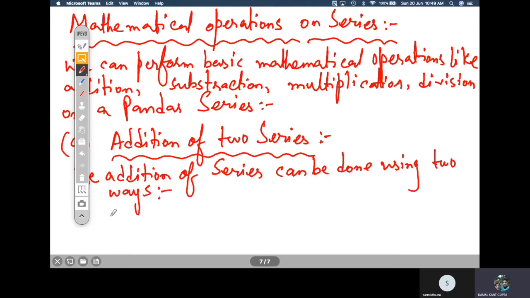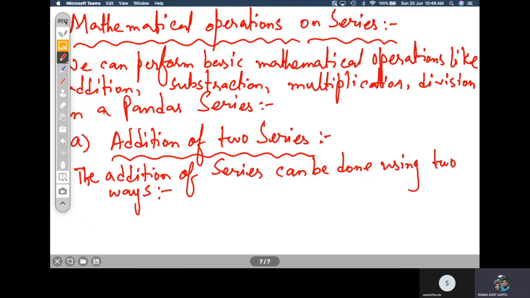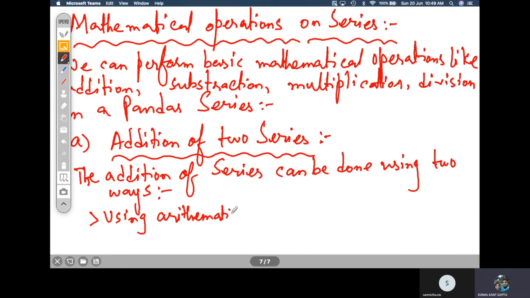The first way being simply by putting the plus symbol, using the arithmetic operator plus. And the second thing that you can do for adding two values is by using the add method.